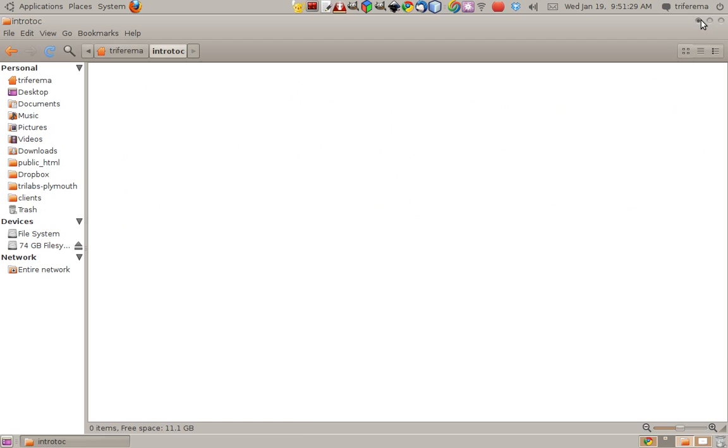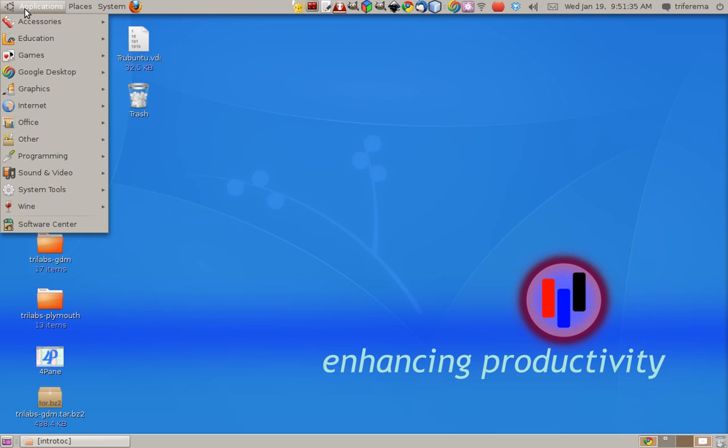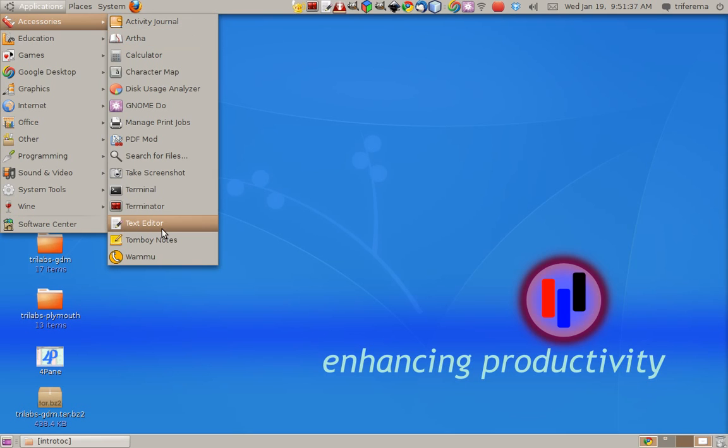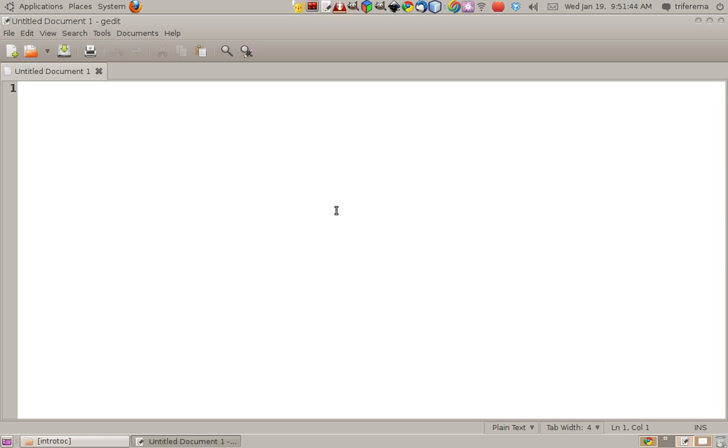Okay, then I'll fire up my text editor. You can use whatever text editor you want to use. On my Ubuntu, I'm used to using gedit. Right, so I'll start that gedit. Okay, now as we've seen in